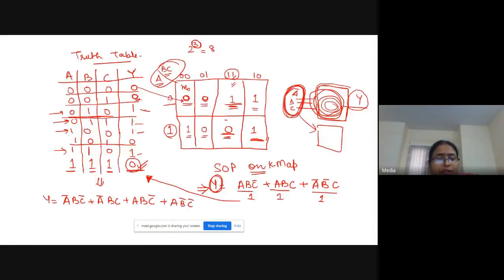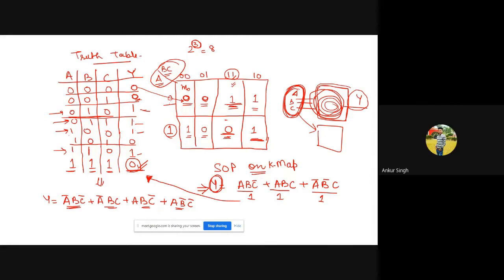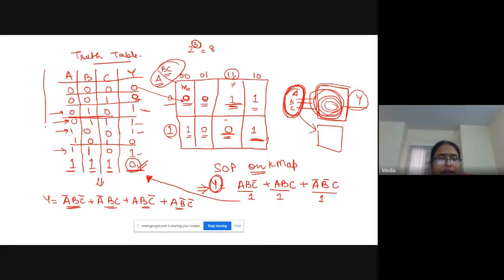Is it clear to you? This means that this is one, this is one, this is one, this is one. Right? Yes, ma'am. In this truth table, for these terms, I am getting 1. So I have written this Boolean expression like this, as the short form of the truth table. This is expanded in the truth table form.